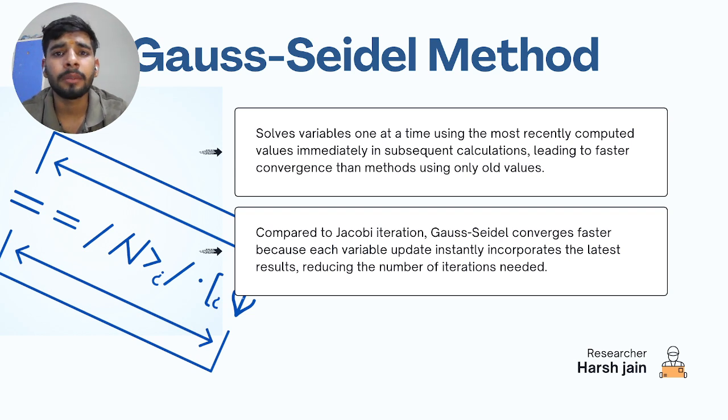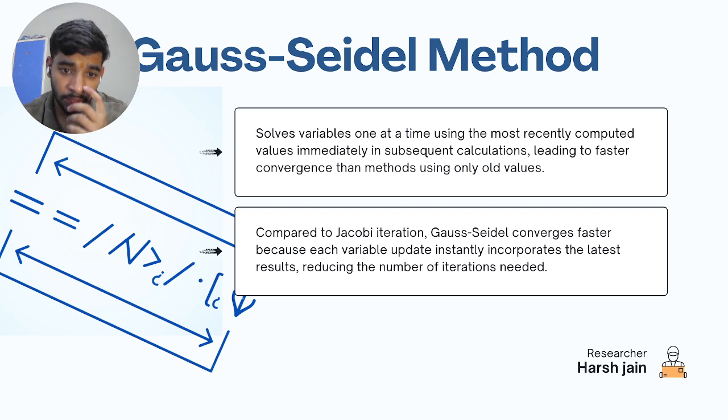It solves for one variable at a time, using the most recent computed value immediately in subsequent calculations, leading to faster convergence than methods using only old values. Compared to Jacobi iteration, Gauss Seidel converges faster because each variable update instantly incorporates the latest results, reducing the number of iterations needed. So in our Gauss Seidel method, it converges fast because we take the updated